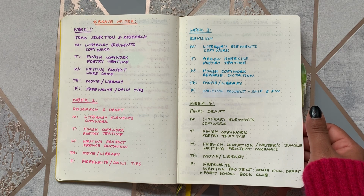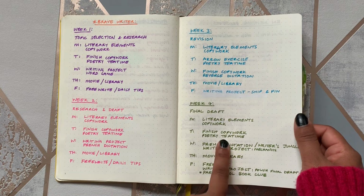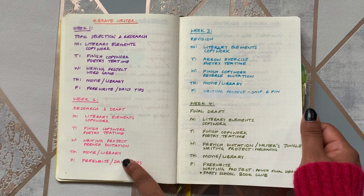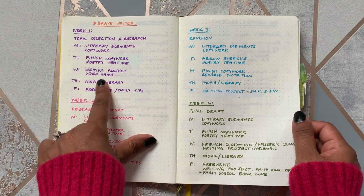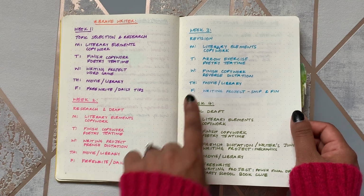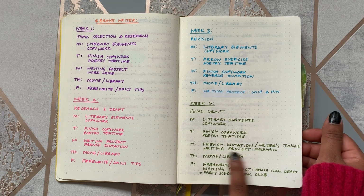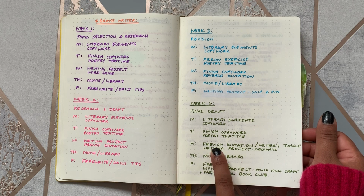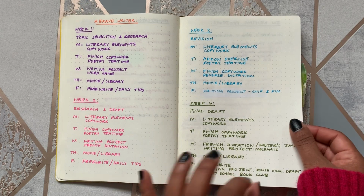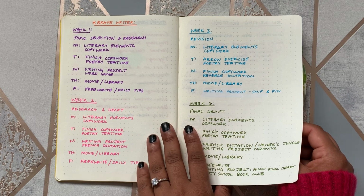And sometimes Tuesdays generally look exactly the same. We finish off copy work and we have poetry tea time. That's every single week. Thursdays we alternate between movie night and library. Week 1 we might do a word game, but week 2 we'll work on French dictation. Then week 3 we'd work on reverse dictation, and week 4 we would either do another French dictation or look at the Writer's Jungle and the mechanics of writing a bit more. So that was my own Brave Writer